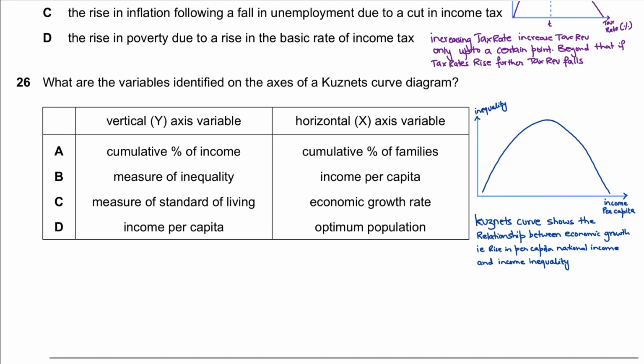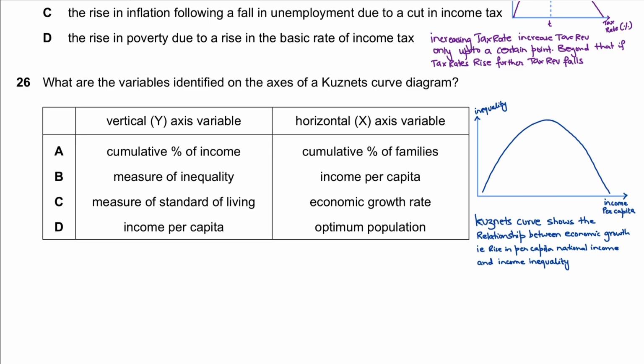Then you have the Kuznets curve as well, and in 26, the Kuznets curve shows the relationship between economic growth, that is real GDP per capita, simply income per capita, and income inequality. And Simon Kuznets said that initially when economies start developing, as the income per capita and GDP rises, income inequality worsens. As the economy begins to develop, inequality would initially rise, and the reason he gave was that some sectors benefit and some regions grow faster than others. That is what makes inequality rise, because not all sectors and regions would benefit equally.